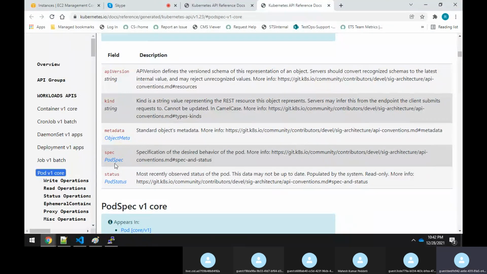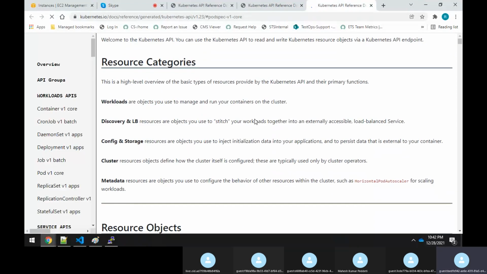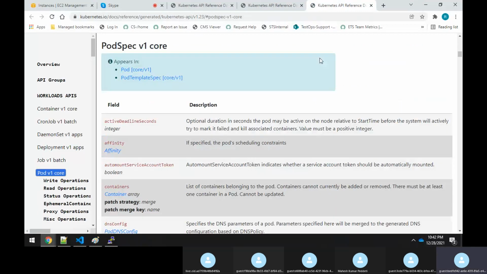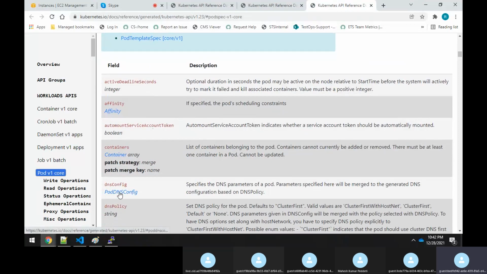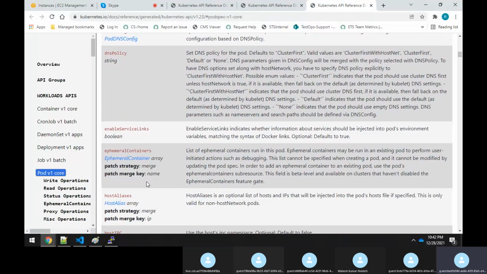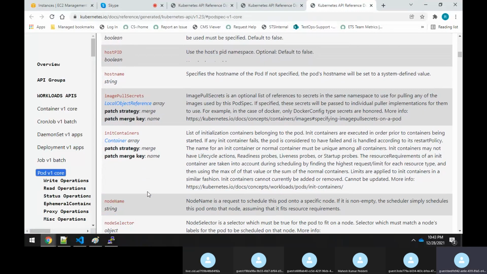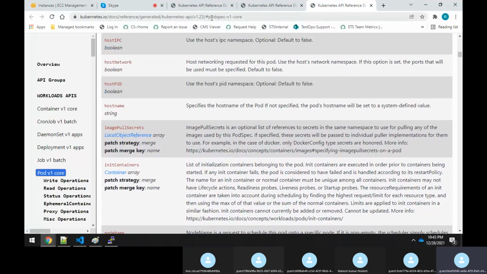So we have a spec actually. Inside the spec we have a pod spec, and inside the pod spec you have to allow it to load. Inside the pod spec you have a container, you have a DNS, and here we have enable ephemeral host ID. What is the init container nodes? This is the node selector, sir. Sorry, I should have checked in a pod spec.